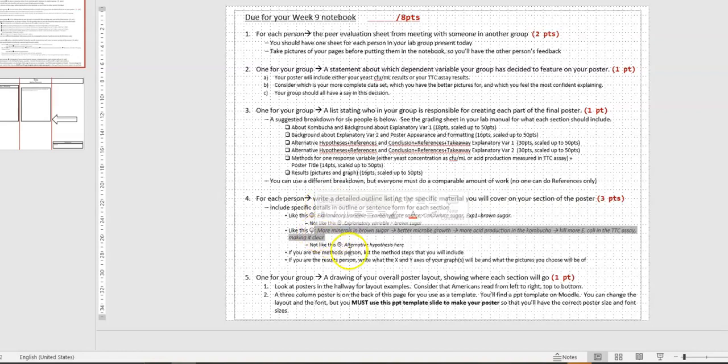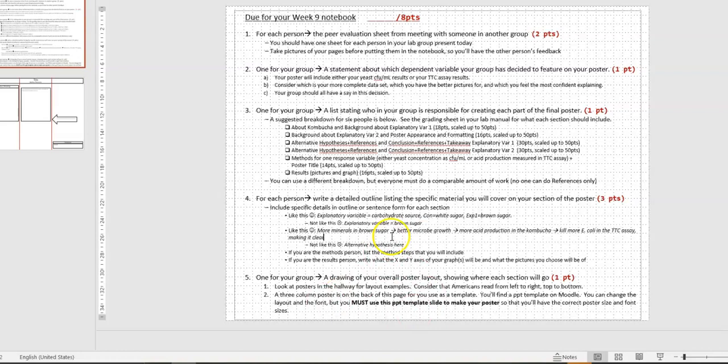Because what exactly are you going to say when it comes time to write the poster? Like, you don't know. And so that's not what we want. What we want is something like this, where you very specifically write out, it can be in bullet form or arrow list form or whatever, does not need to be in sentences, but it needs to clearly explain what is going to be in your part of the poster so that I can know that you know what you're going to write, and we can both be sure that it's going to score well when you work on your poster